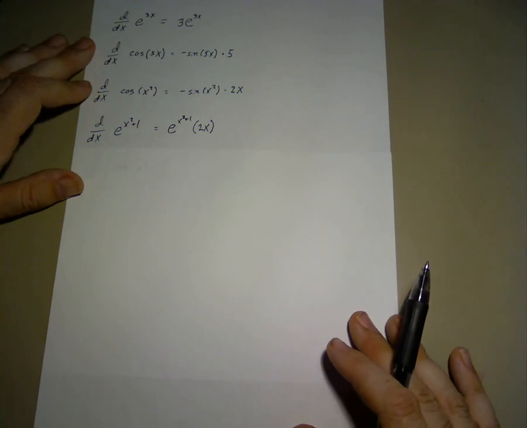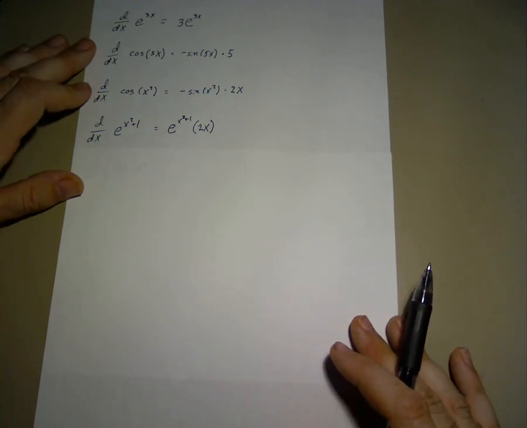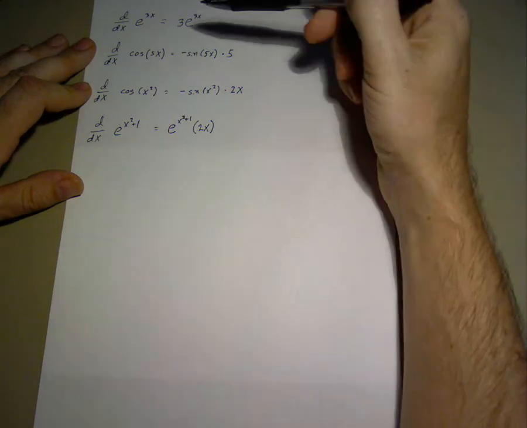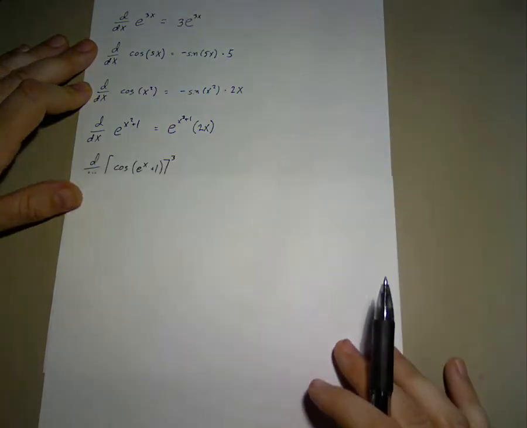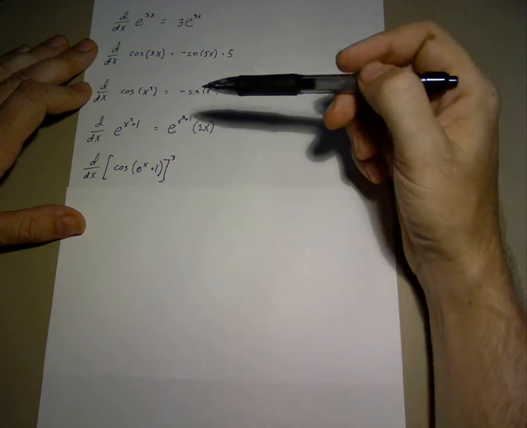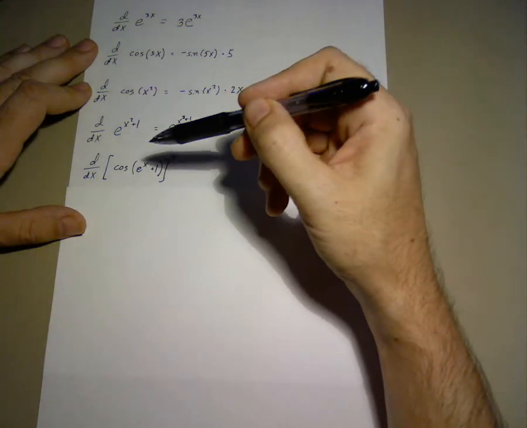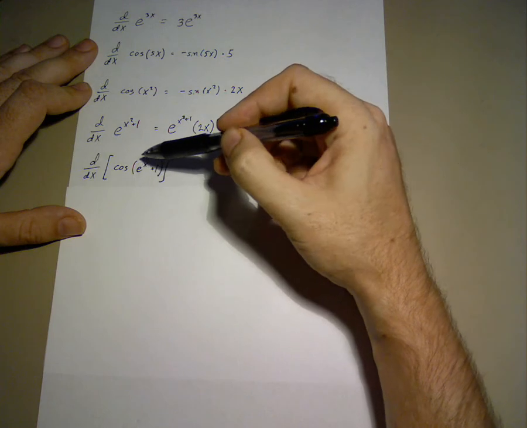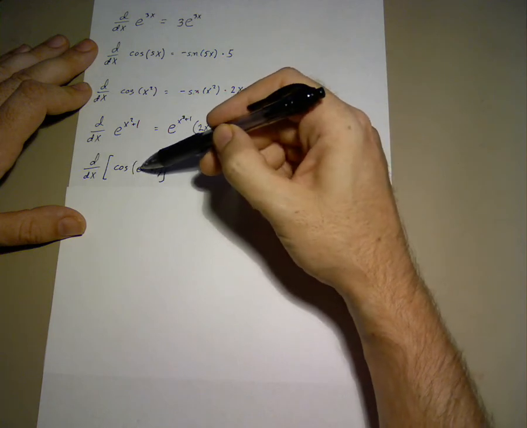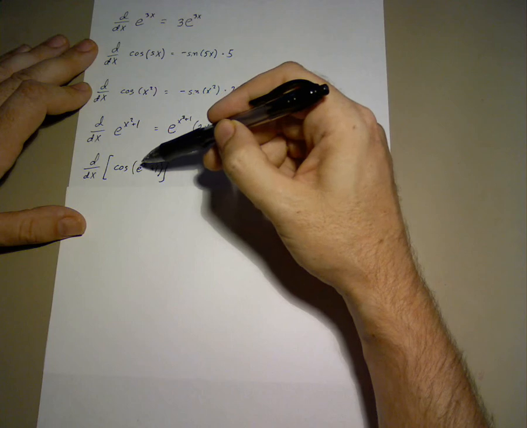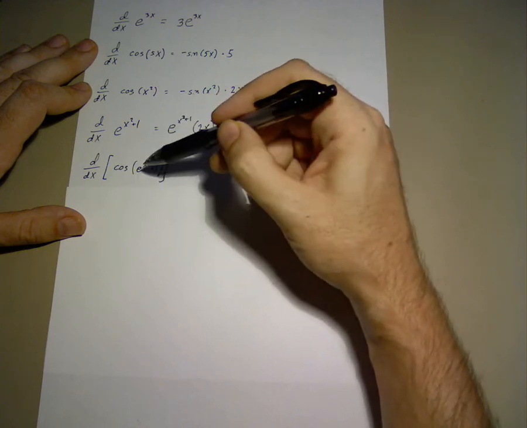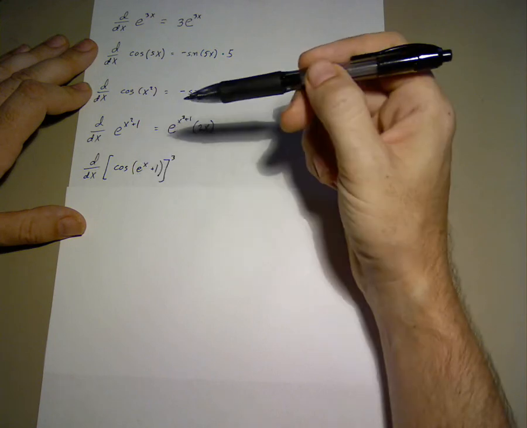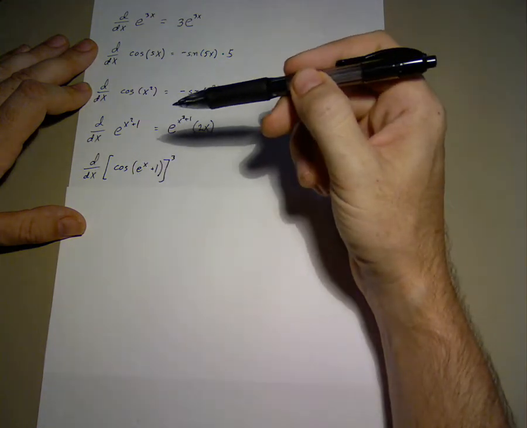However, very oftentimes when we need to use the chain rule, we need to use it more than one level, more than 2 levels. We're going to repeat this as many times as we need to. For example, the slightly more complicated function of cosine of e to the power of x plus 1, all to the third power, will require multiple repetitions of